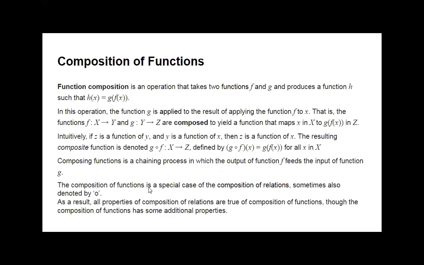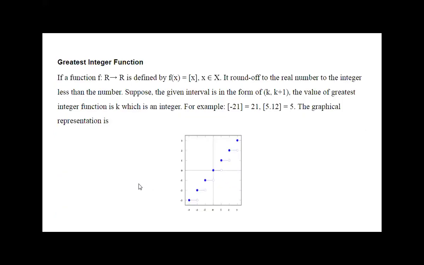so it is -1. And next is the greatest integer function. Means for minus 21 we are considering 21, for 5.12 we are considering 5. So that the graph is designed here. Okay, the values have to be taken like this: for any function, the values x and f of x. For each x value we will derive f of x, and if its value comes in minus, we will calculate its magnitude in plus.